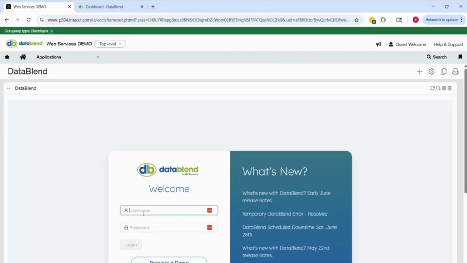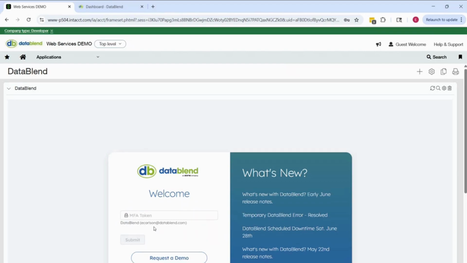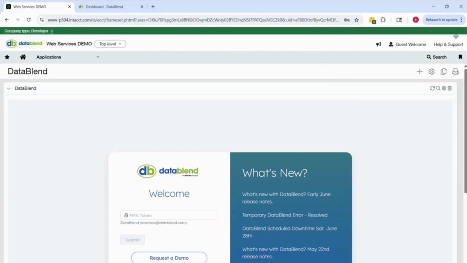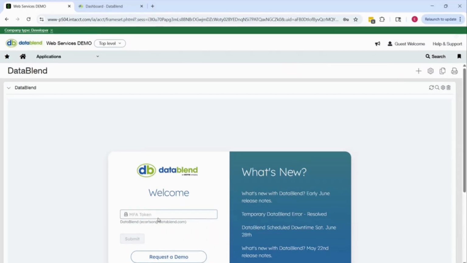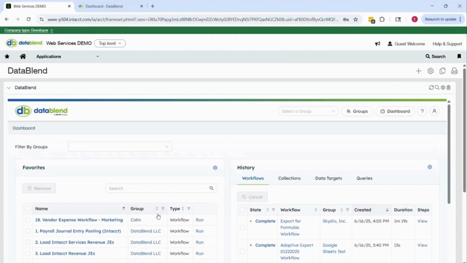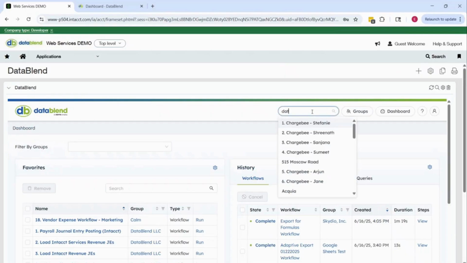Simply now you can go ahead and put in your user credentials. And my system is looking for a multi-factor authentication token, so bear with me one second. Go ahead and sign in, and you'll see now I'm in DataBlend. Now, the great thing from this, if I navigate down to my DataBlend group,